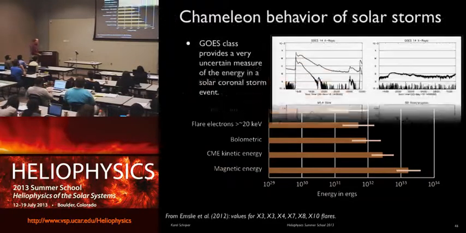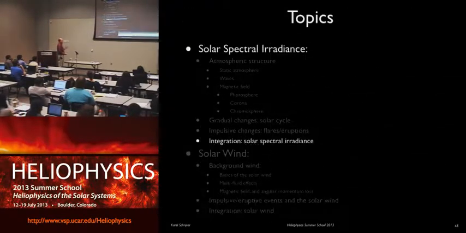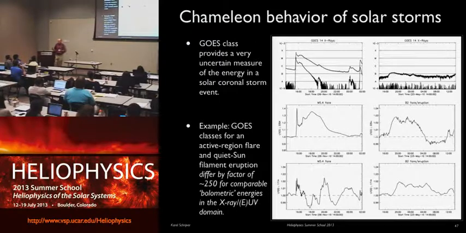I'm almost done. The other thing I wanted to show you, I'll say it, but you can look at it if you wanted to. Even if two events have the same amount of energy going into them, their appearance can be fundamentally different in terms of irradiance. I can create a 10^31 erg flare, a low X, maybe a very high M, maybe a medium flare. I don't know how people came up with this, because below M is ABC. This doesn't make sense to me. Anyway,